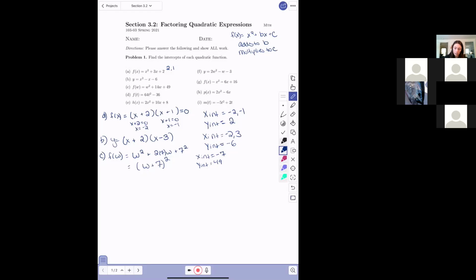Just so you guys know, a little side note, if you have something like 4 equals w plus 7 squared, how would you go about solving this? Foil it out. Okay, that's totally reasonable and totally possible. The easier way to solve this is to just take the square root of both sides, because then the square root of 4 is 2, well, plus or minus 2,